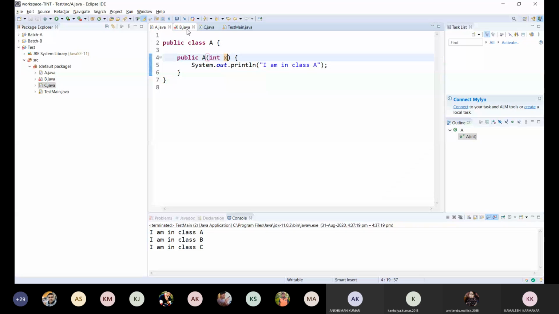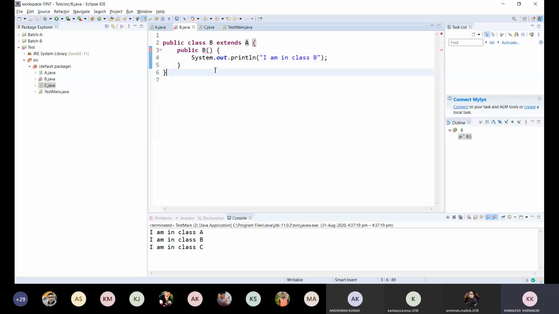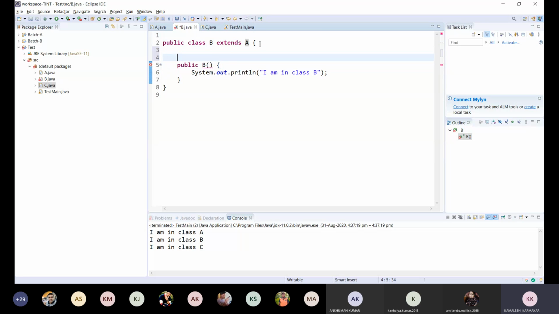Now, is there any problem? Why? Previously it was compiled successfully. Now it shows this error. What is the reason for this error?